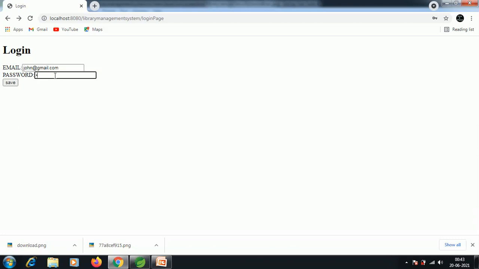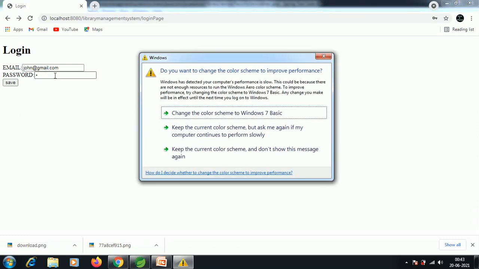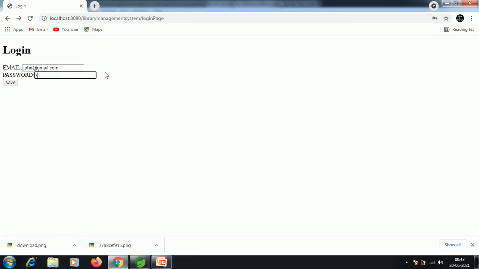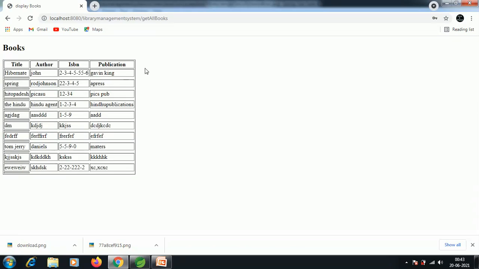Before I entered the 12312. Now I will enter the correct password, which I entered before in the registration. In the registration page, I provided the password as 123. Now in the login page also, I will provide 123. Before I provided the 12, so that's why it is validated and it results in the 403 forbidden. Let me check. 1, 2, 3. And let me see here.